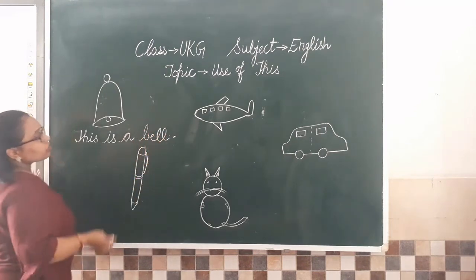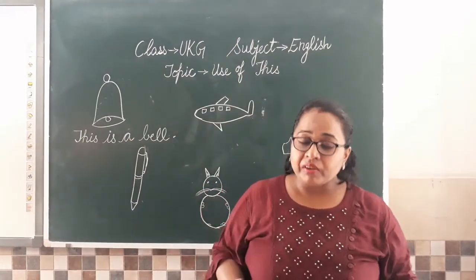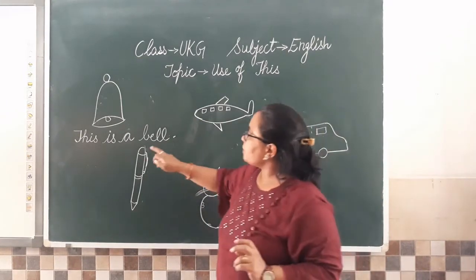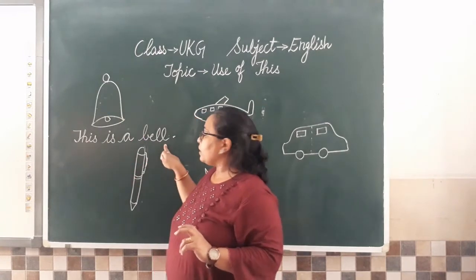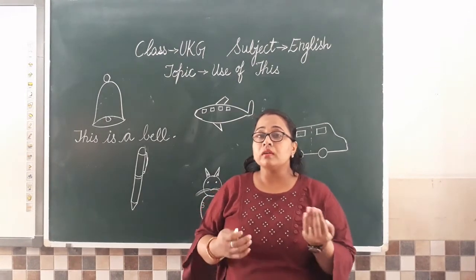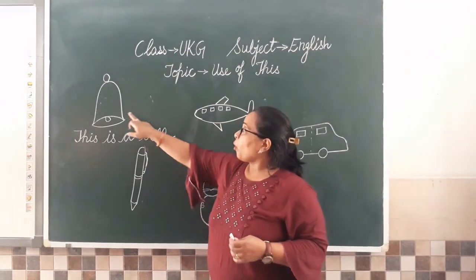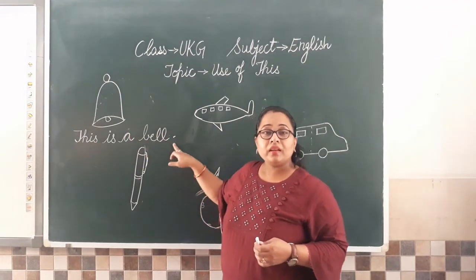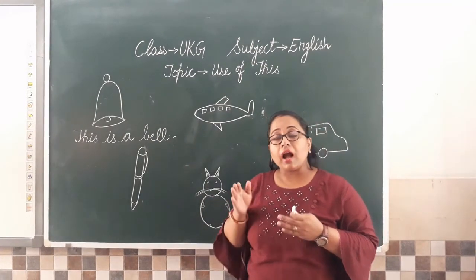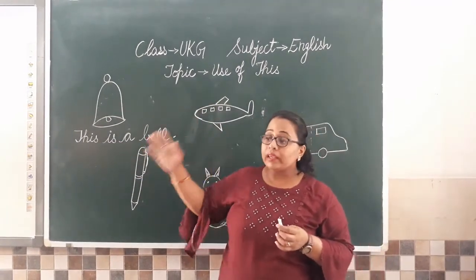bell. Class, I will also tell you how to write it in 4-line pattern in your notebook, but at first just understand how we have to write the sentence using this. See, what is this? This is a bell. Understood? When Ma'am puts a question to you, how do you have to answer? I have always taught you to answer in a sentence form. So this is that sentence form. What is this? This is a bell. The bell is near us, so we are using the word this. If this bell goes far from Ma'am, I use that. Clear? Now how will we use that?